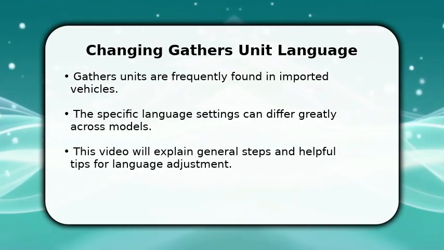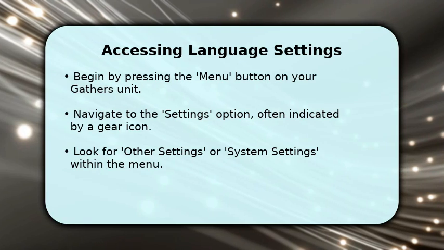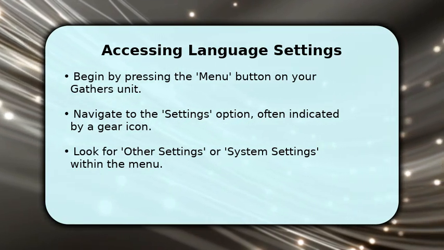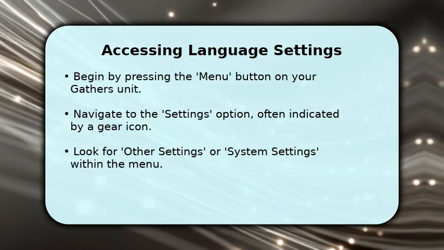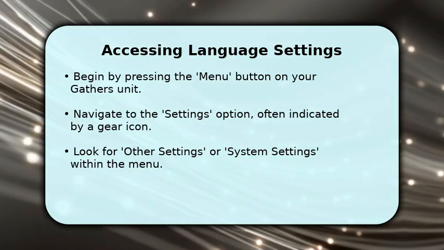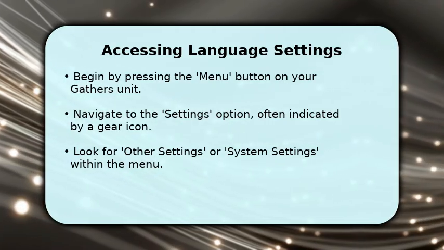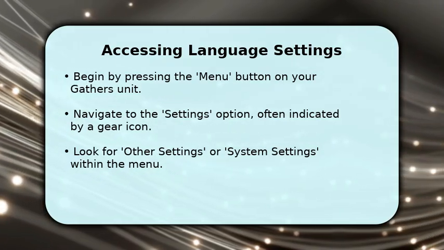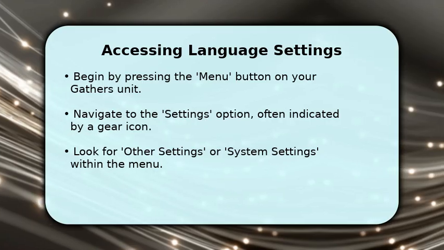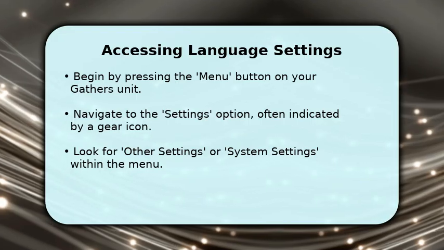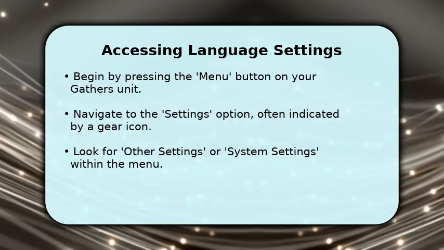desired language display. To begin, locate and press the menu button on your Gather's unit. From there, you will need to navigate through the options to find settings, which is typically represented by a gear icon. Once in settings, search for submenus like Other Settings or System Settings. In some models, the language option might be found within a dealer diag section, so keep an eye out for